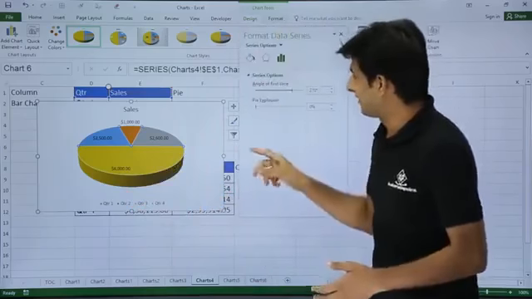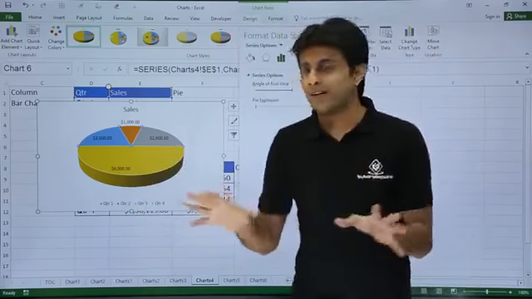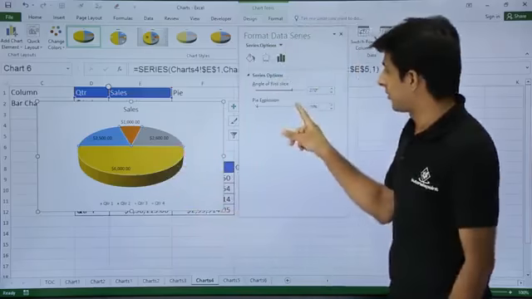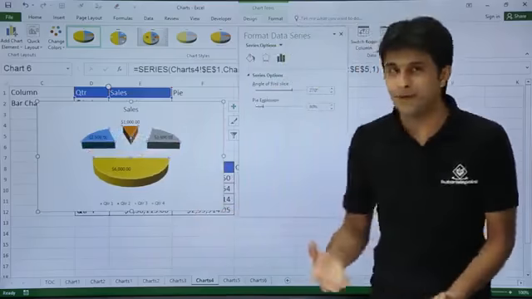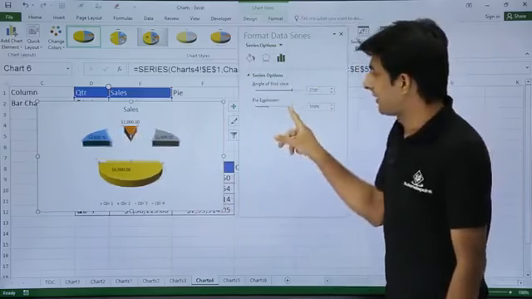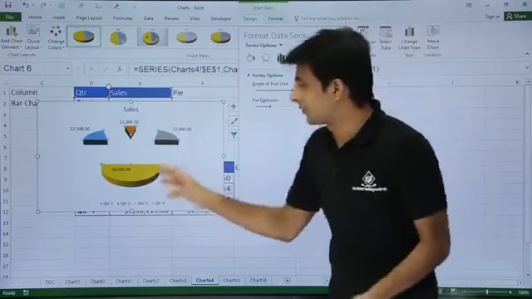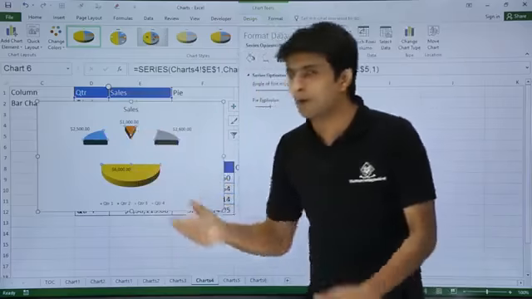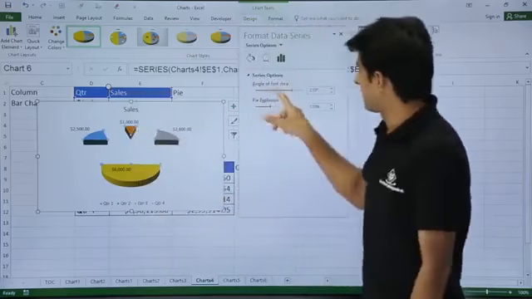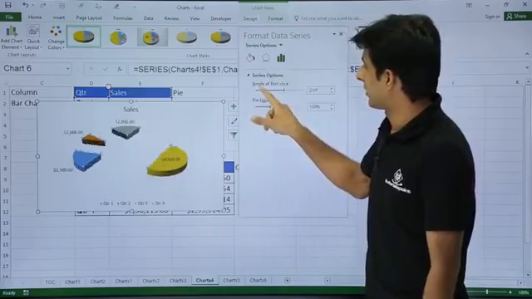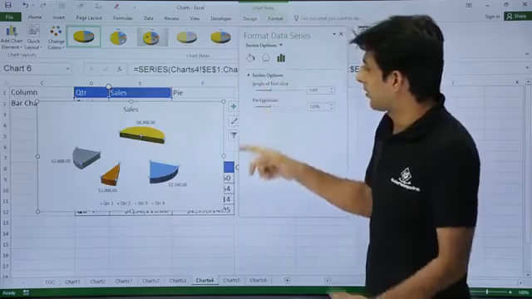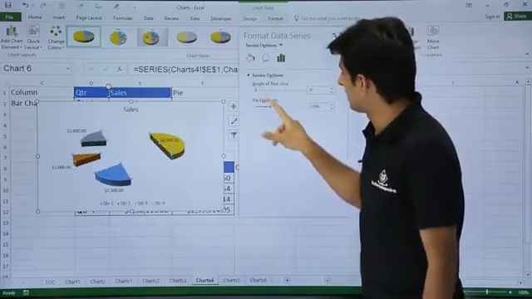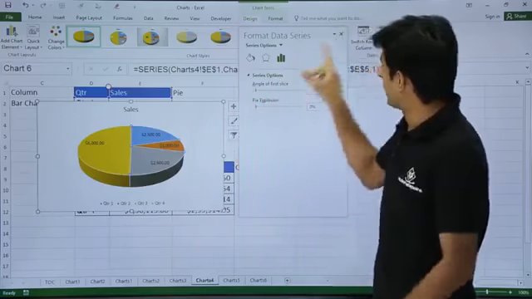Another thing is, if I want to separate it, these are all collated together. If I want to make it explode, I can just click on this. You see they are getting separated now, and you can show them. This is out of the box, these are all together and so on. Similarly, if you want to bring out the quarter where people have done fewer sales, you can just keep on rotating like this. As per your requirement, you can change it. But right now I'll not move anything. I'll bring it back and close it.